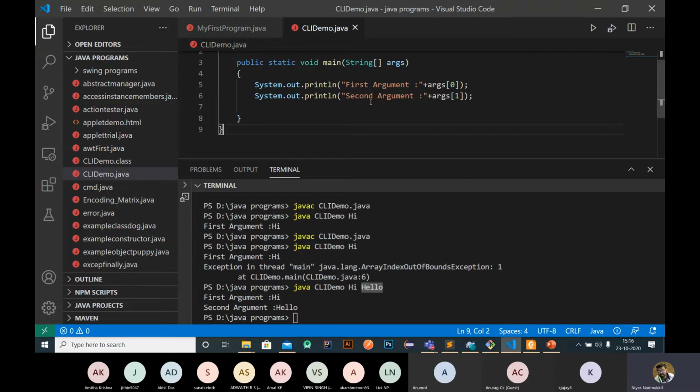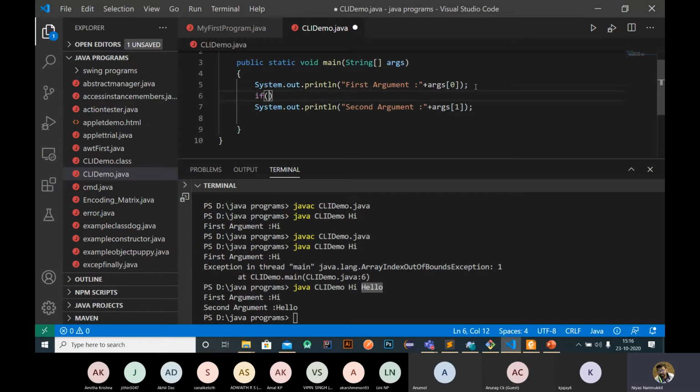We can change the dynamics of a program with the help of command line arguments, using a condition like if args[0] equals something, and then run different code based on that. So the same program can behave differently with different command line arguments. This is the concept.